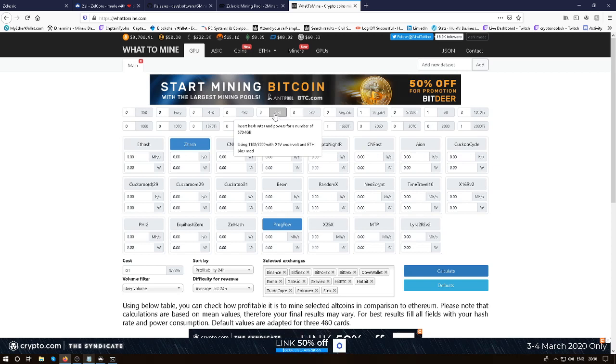Using 1100 with the 0.1% undervolt and an ETH BIOS mod. So we'll try that one because I'm running that and we're mining